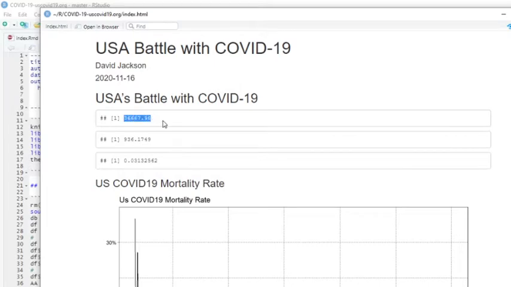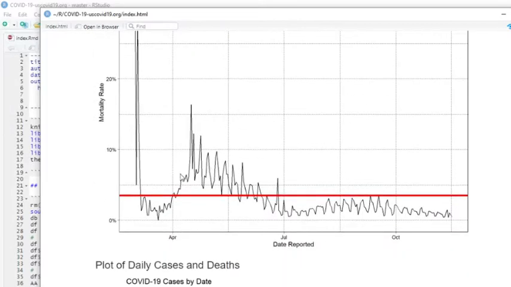Okay, so there we go. So we're currently averaging 36,667 cases per day, and 936 deaths per day, with the overall mortality rate of 3.1%. Let's take a look at this 3.1. I'm not sure where this came from, honestly. Because I thought there was no cases, no deaths prior to this number back here. So that's really kind of odd.